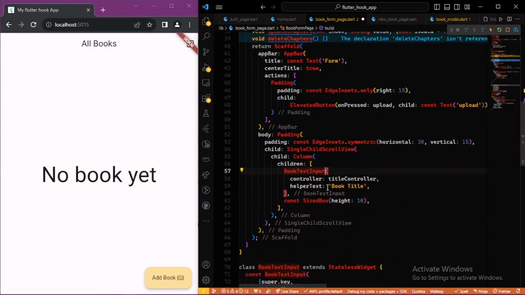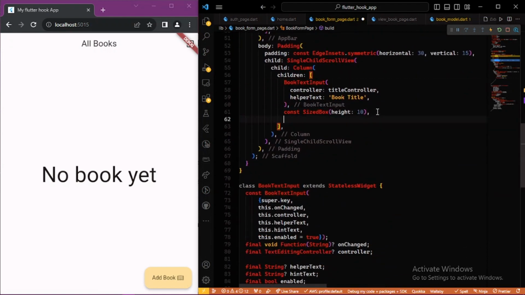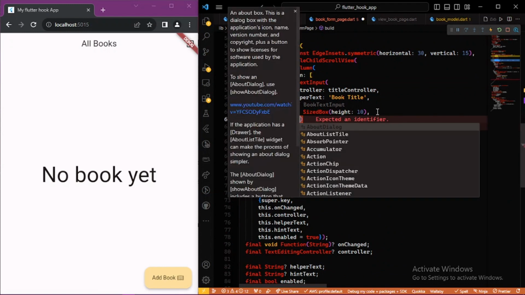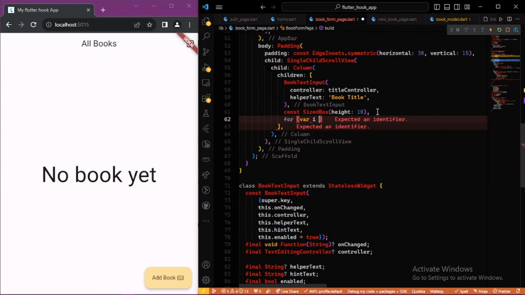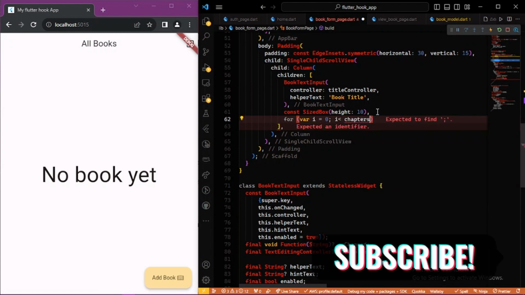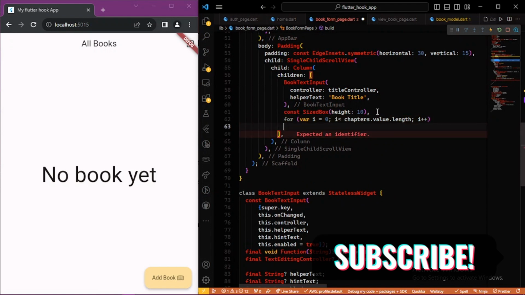Now I'm going to use a for loop here, down here. This might be strange to some of you, but yeah, you can use a for loop here. But that's what I want to use for this exact scenario, so let me just show you. You can use a list view. So let's say for i equals 0, and i less than chapters dot value dot length, and you increment it by 1. Now we'll create a column with children,